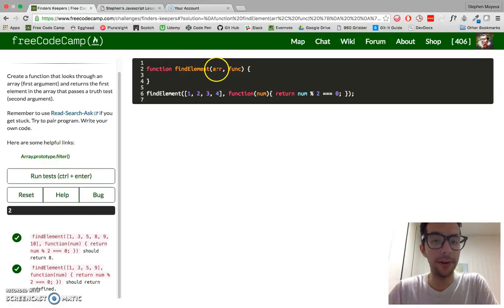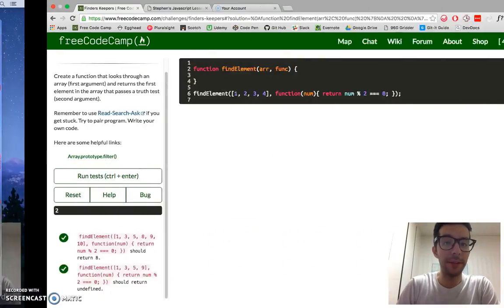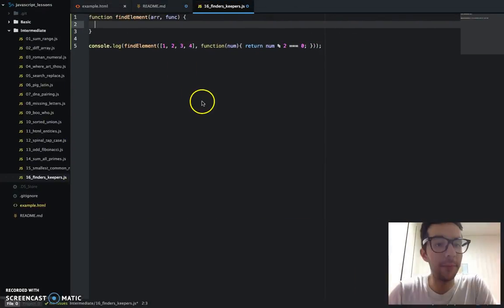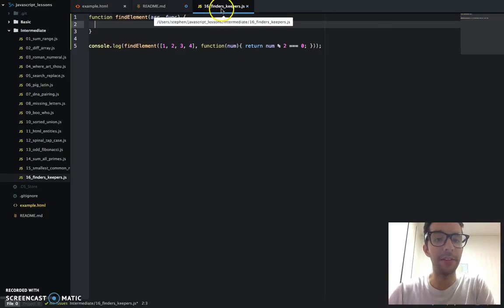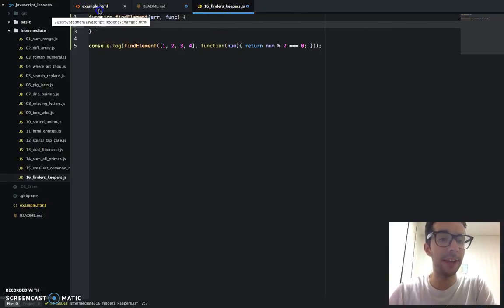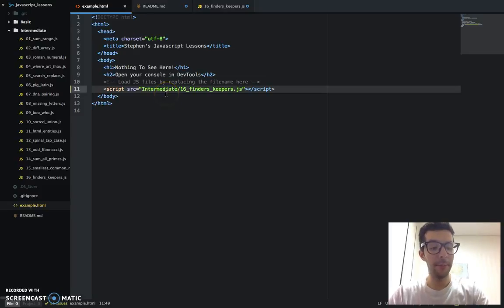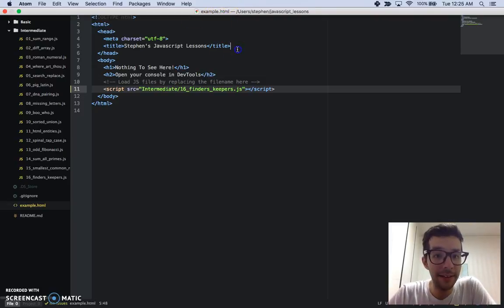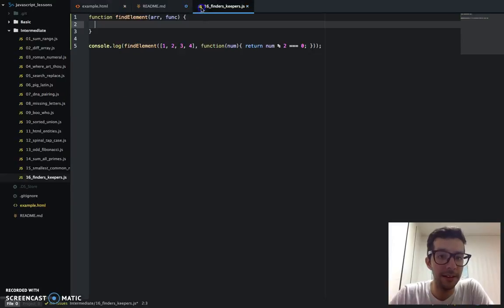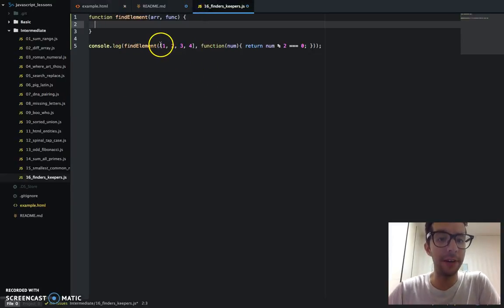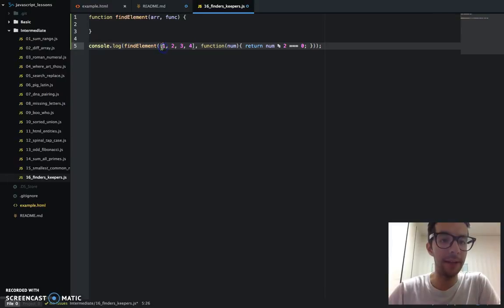I'll go to my Atom editor and do this. So yes, we've got the new JavaScript file 16 finderskeepers.js. I already went ahead and embedded that in the example.html file on line 11 like we normally do. And if we take a look at the JavaScript file, we have our two arguments. The first argument is the array. Okay, so here is the array that we're looking at. And the second argument is a function. And this is what is going to pass our